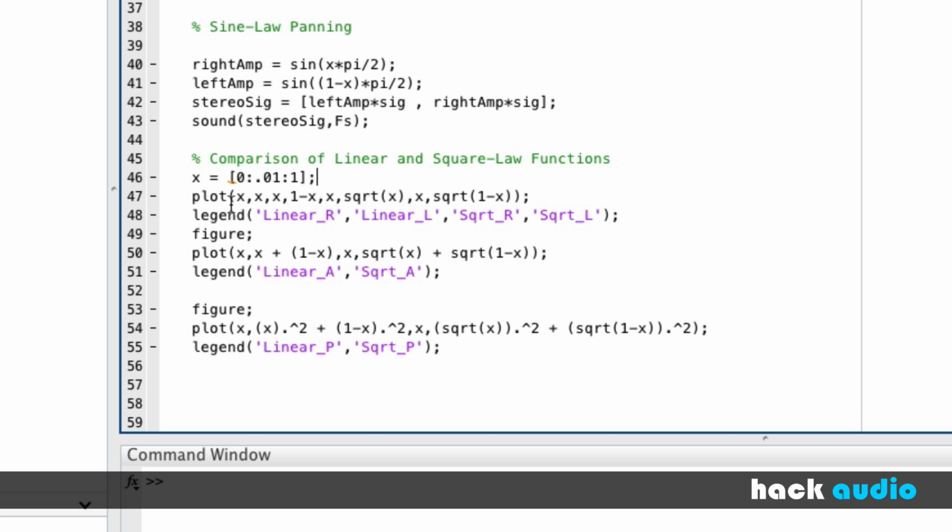So our first plot that we put in here is going to be just the amplitude for each channel, starting with the linear functions, square root functions. Now let's add in our sine law functions. So here it's going to be x that we're plotting against the sine of x times pi divided by 2. And then we'll have x plotted against